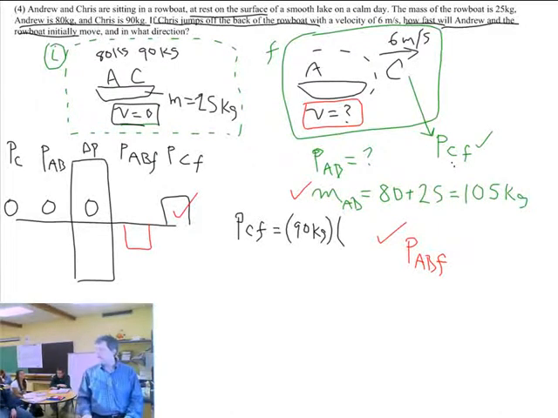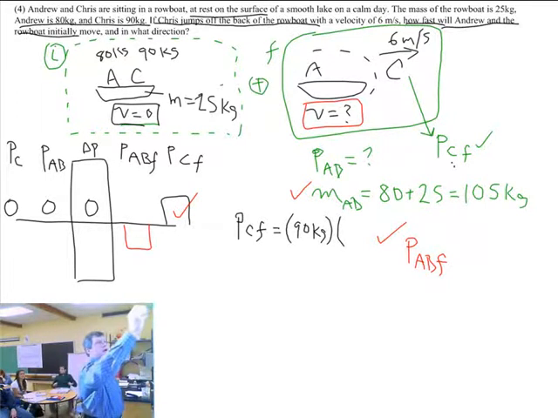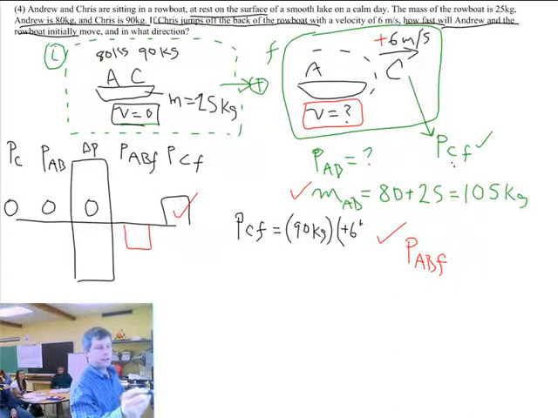Wait a minute. I'm starting to do calculations. There's velocities involved. Let's go back and check our directions. Doesn't matter what I pick. Let's just call to the right the positive direction. That means that Chris's velocity is going to be positive. So let's go back to our calculation. Plus 6 meters per second. So Chris's final momentum comes out to be